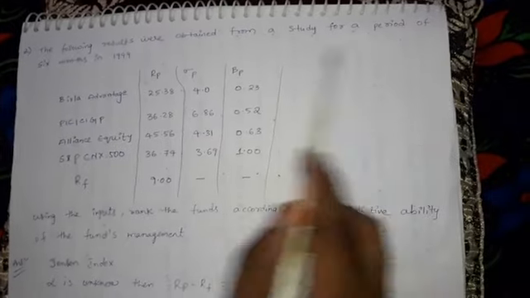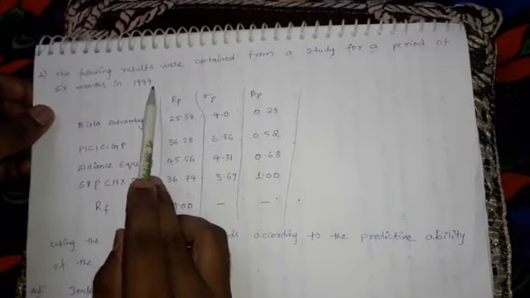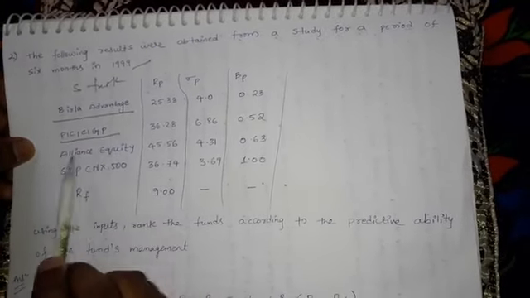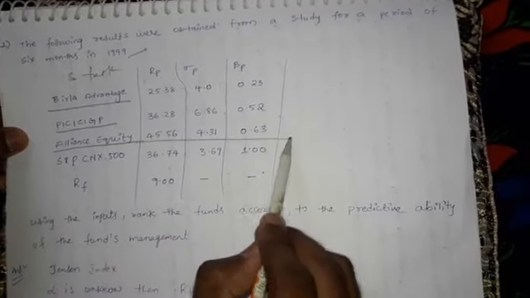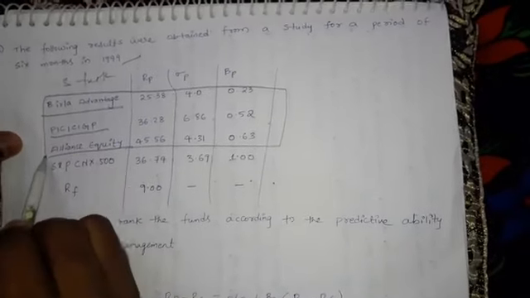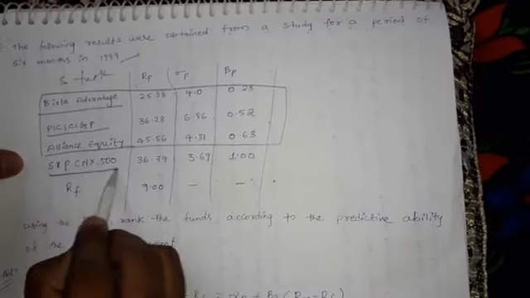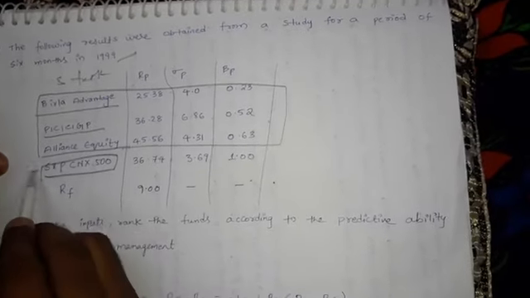So now coming to example number 2. The following results were obtained from the study for the period of 6 months in 1999. Here 3 stocks are given: Birla Advantage, PICIGP, Allianz Equity. So these are 3 different stocks or funds. S&P CNX 500 is nothing but